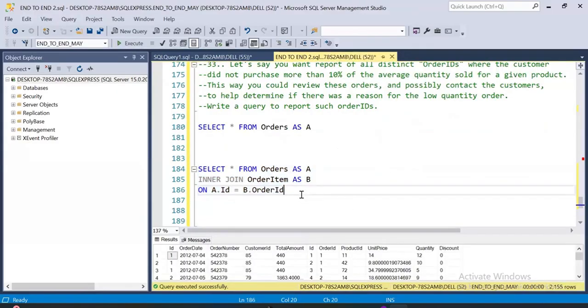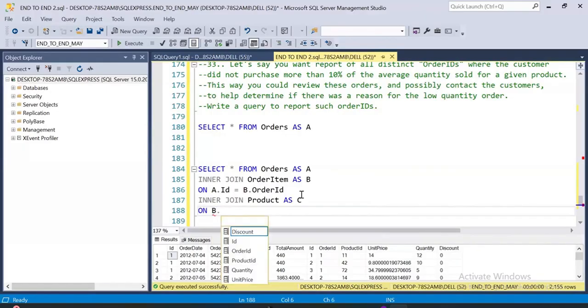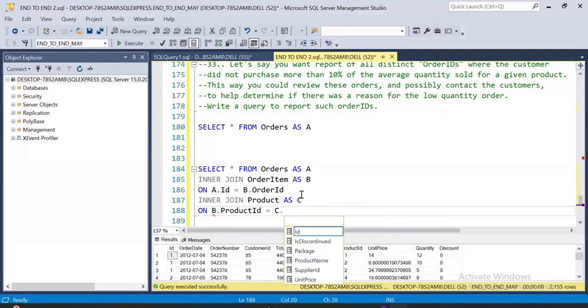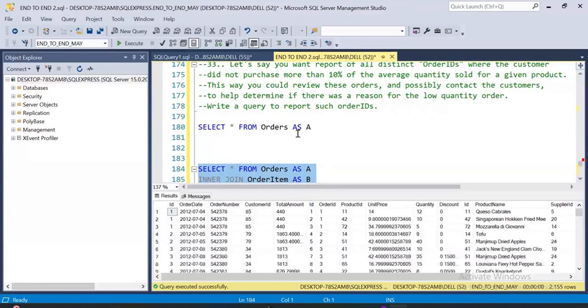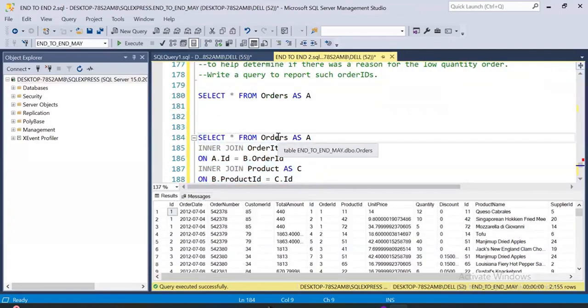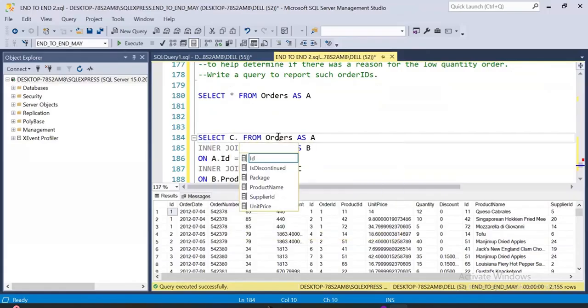Now I can join order item with the product table. So I can say inner join product as c on b dot id equals to, sorry, b dot product id equals to c dot id, okay. So this is my required data. I need to find what? C dot product id, comma, as let's say prod,